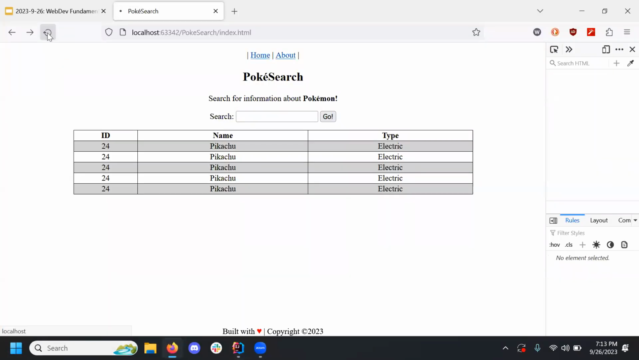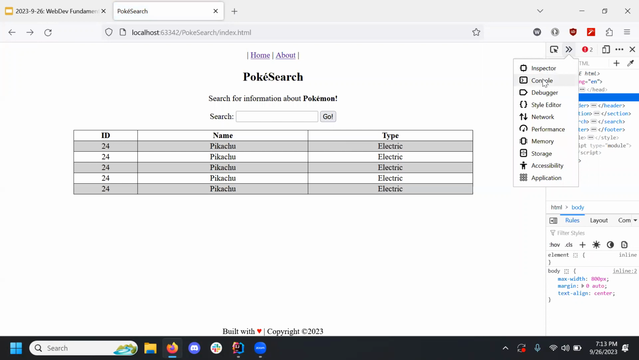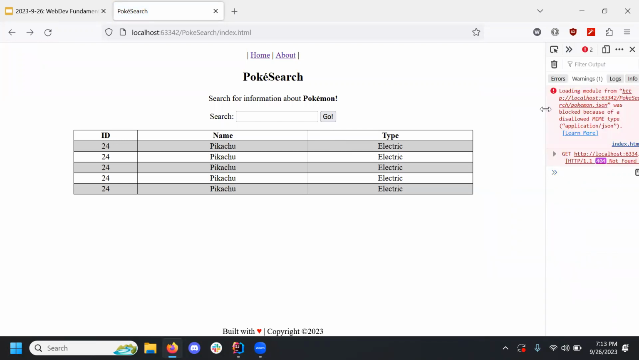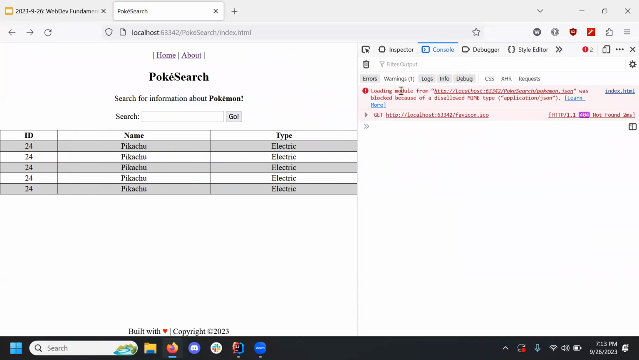Okay, so let's see what happens. If I go over here to console, you will notice it's giving me a problem. It does not like trying to load this because it is a JSON file and it's expecting to be importing JavaScript files. Now, this gets into a mess of why this is dangerous, but the short thing